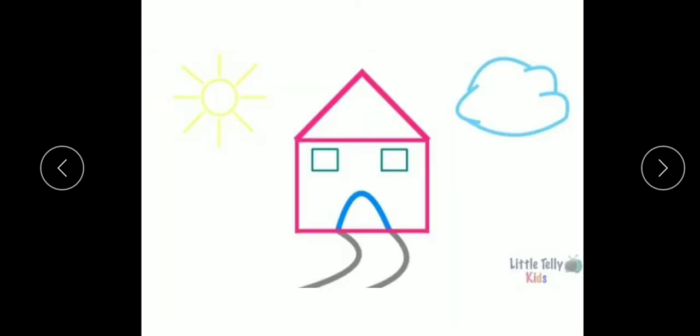Now see this example, children. This picture is made up of various lines. Some are straight and some are curved. For example, see this sun. This is your curved line and these are your straight lines. This cloud is a curved line. Then this portion is also a curved line. So in this shape, there are various types of lines, straight as well as curved. So children, this is all about point, straight lines and curved lines.